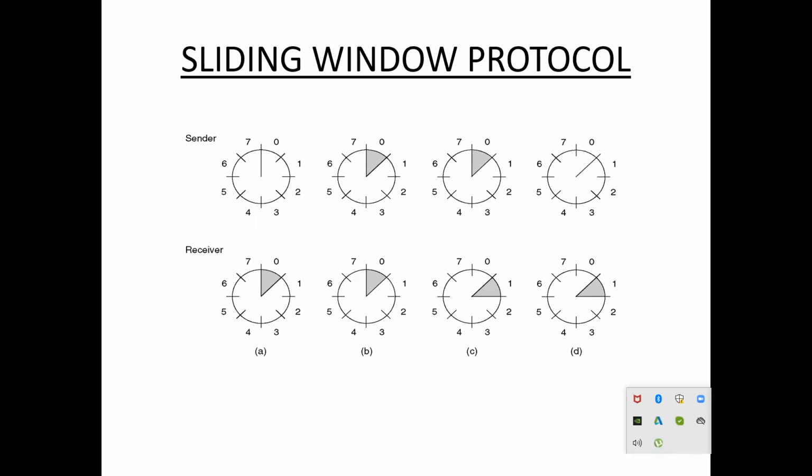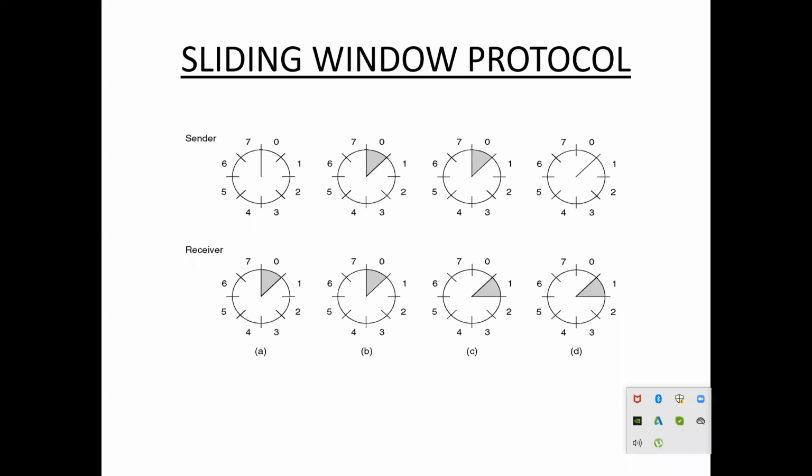In sliding window protocol, the sender sends a fixed number of frames without getting the acknowledgement from the receiver. Here, each frame is labeled with one sequence number. Next point, on getting acknowledgements from the receiver, the sender sends more frames.